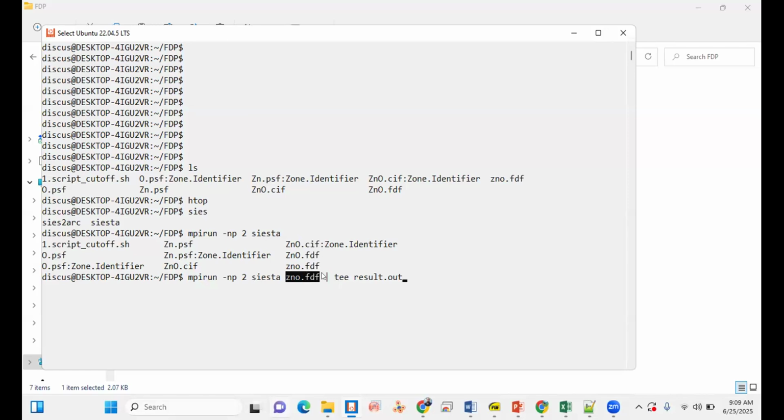Then the pipe gives you the interactive calculation, which you will see here. So with the tee result.out command I pipe this calculation to show the result.out file on screen during the calculation. So if I enter, so basically